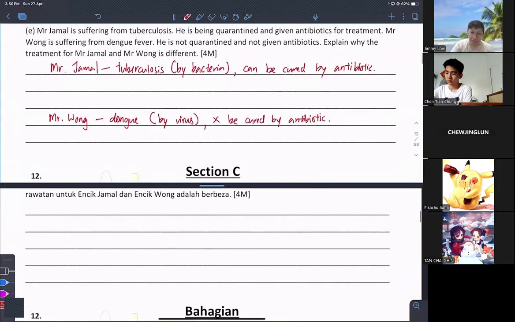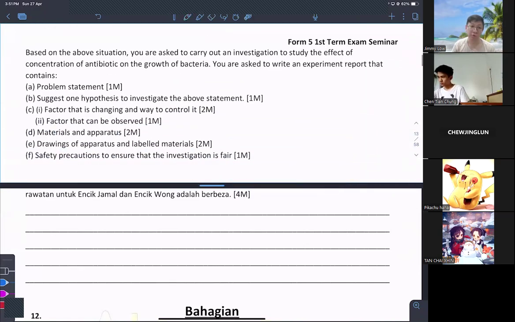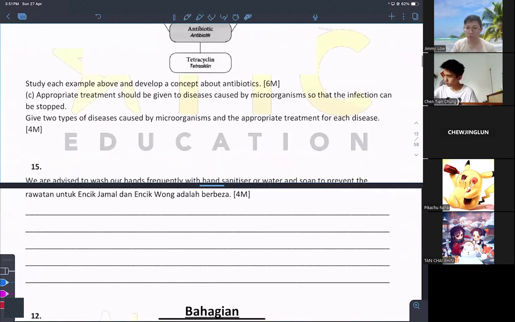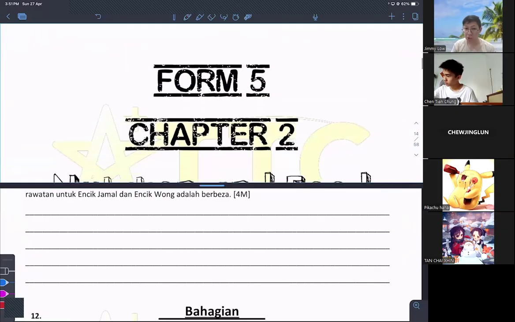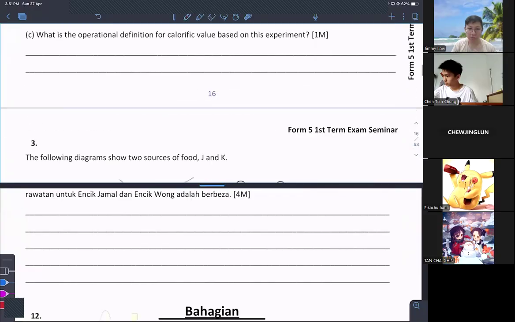Okay, you have to be clear what you are going to write first before you write anything. You have to create the structure, as I said. As you can see, I'm trying to create structure. I have to write Mr. Jama and Mr. Wong. What are the differences between them? I create the structure, only then I go into the points. Then in this way, you feel like the way I answer the questions is much clearer compared to randomly writing without any structure. Then you go to the next one, which is this one.